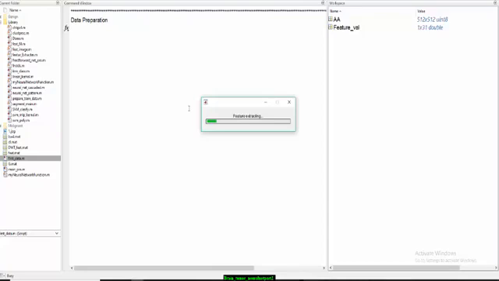I'm going to pause this feature extracting part for a while, because it takes time, and I'll get back to you once all the features are extracted. I'm taking 31 features from one image. So guys, the features are almost extracted.